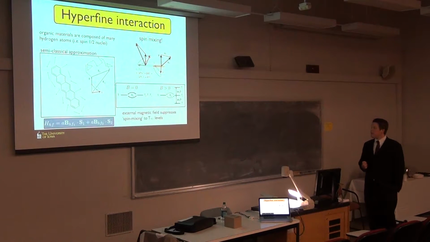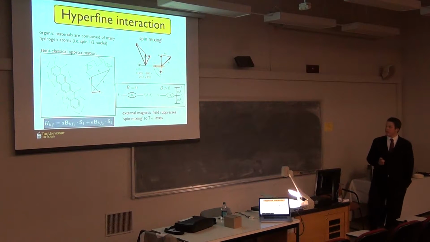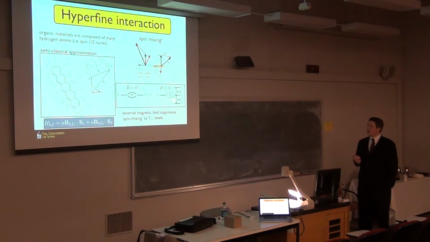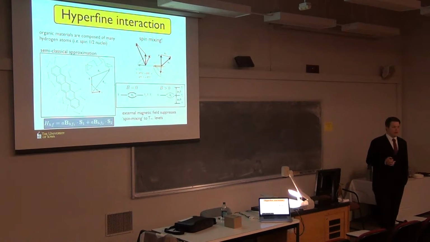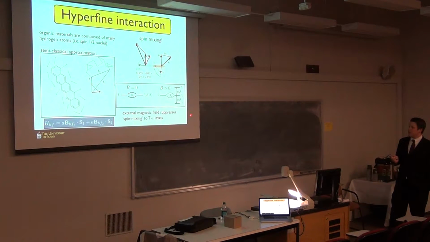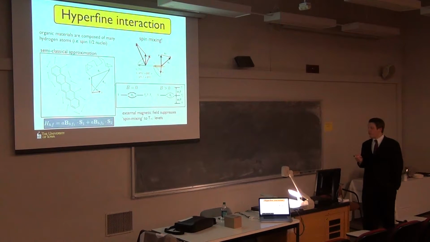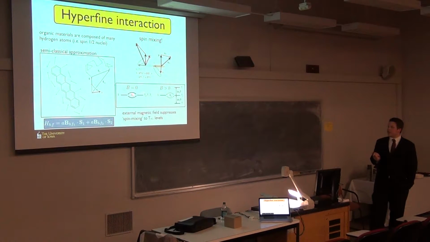these fields. Now, when we crank up the magnetic field, the external magnetic field, we're going to change the energy splitting here. So in 0 field, we have mixing between all 4. In a large field, we only have mixing between the T0 and singlet spin states that are responding to the Zeeman effect. So the T plus and T minus states are splitting off and kind of getting out of the picture here. So the external magnetic field then is essentially reducing the amount of spin mixing by getting rid of these states.